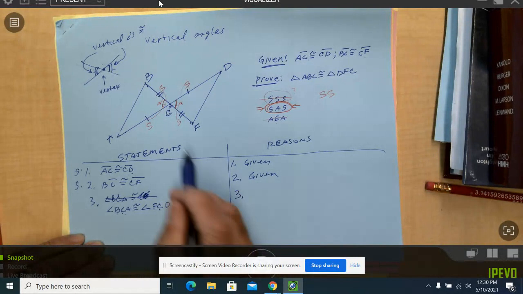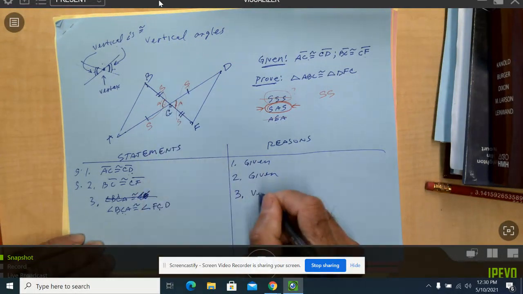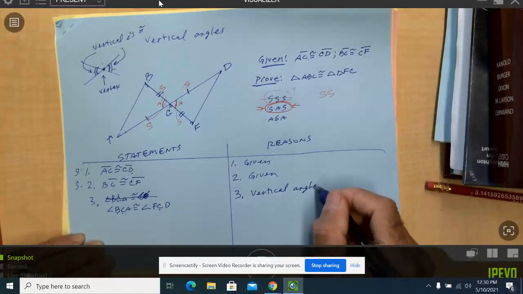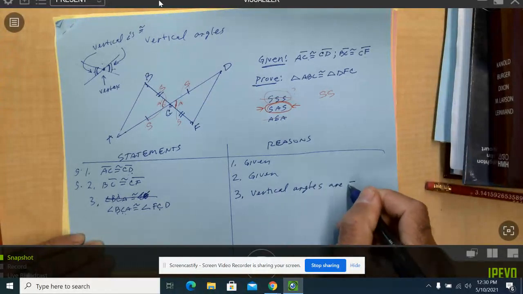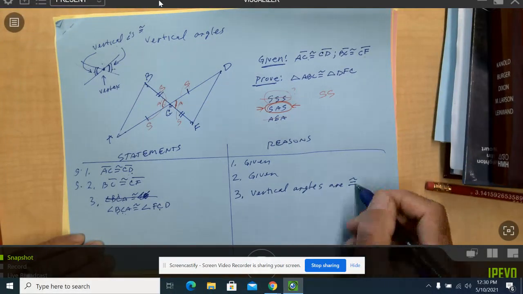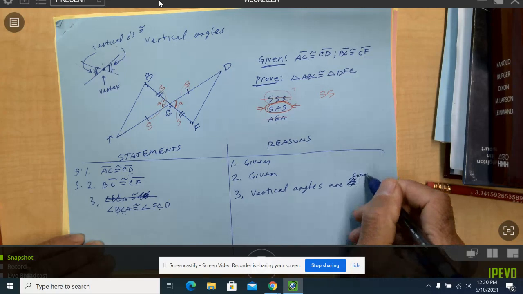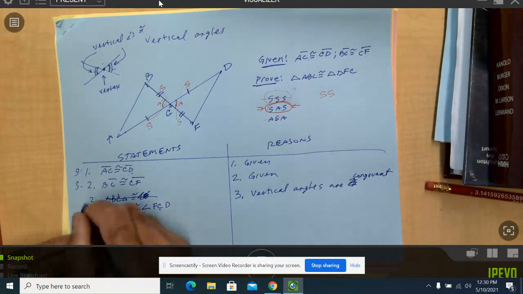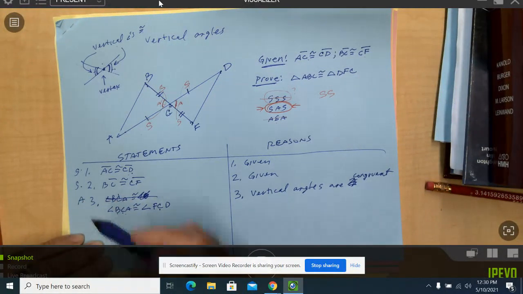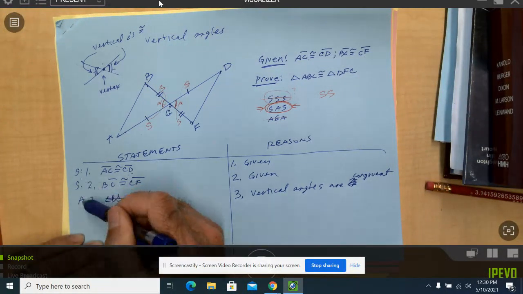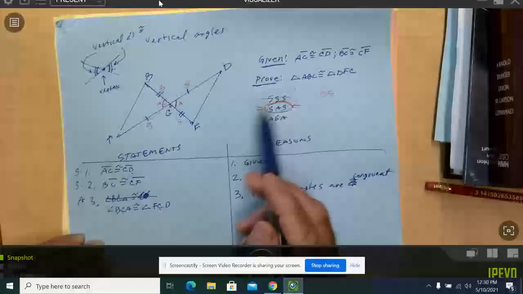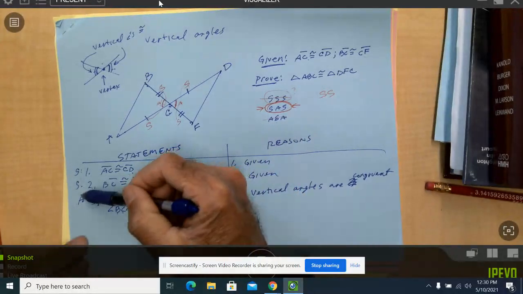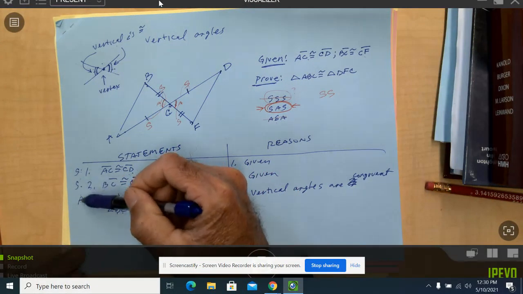So we know BCA is congruent to FCD. The reason we know that is because these are vertical angles. So we know vertical angles are congruent. And you can write it out. I'll write it out. Okay. Now, that's an angle. Side-side-angle is not the correct triangle theorem. So you're going to get 3 letters,